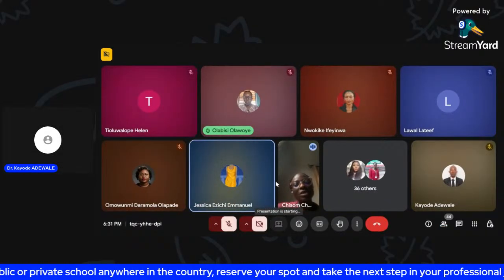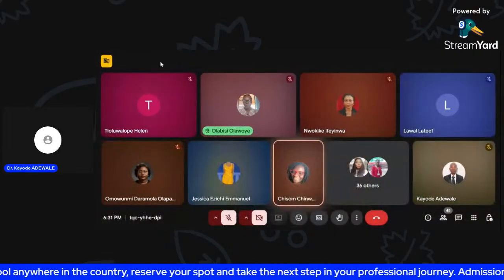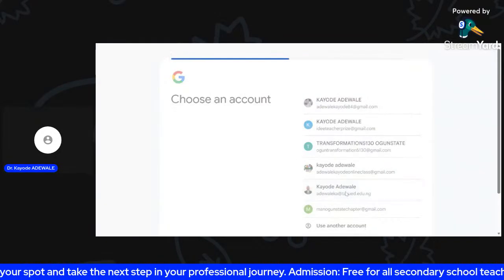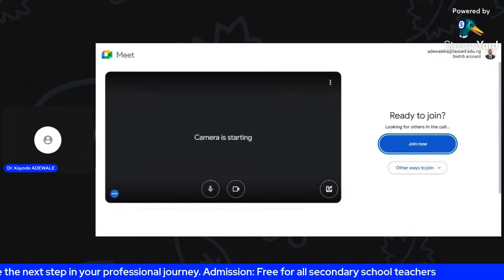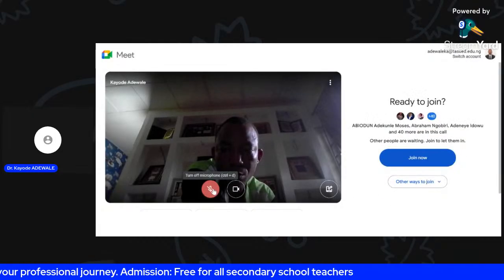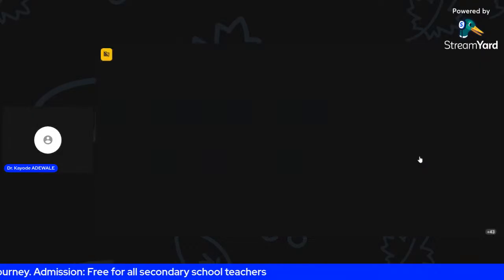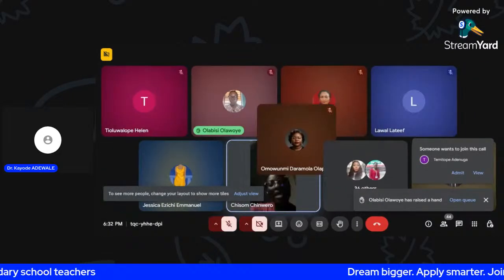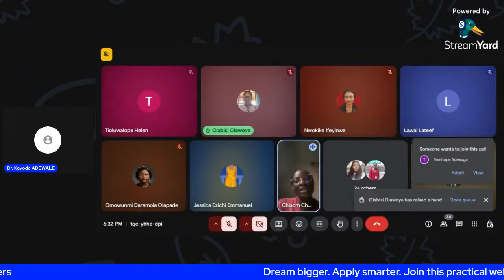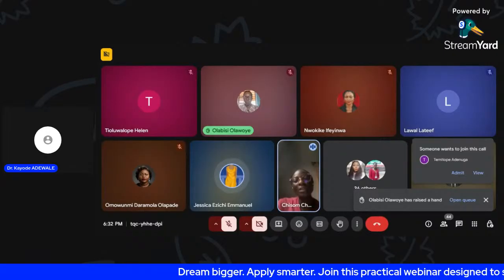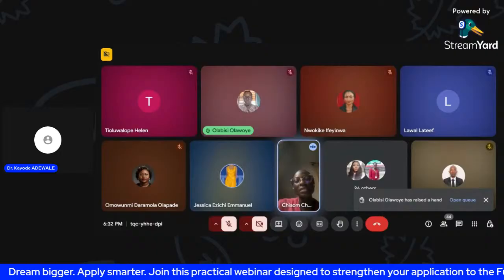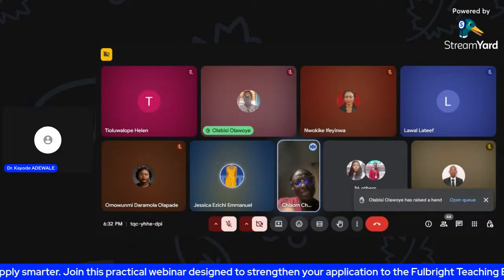So the next one is what grade level do you teach? When you get to this question, there are also ages in brackets beside each grade level, which will guide you. Because we all know that in the Nigerian education system, we don't usually do grades. But to make it easy for